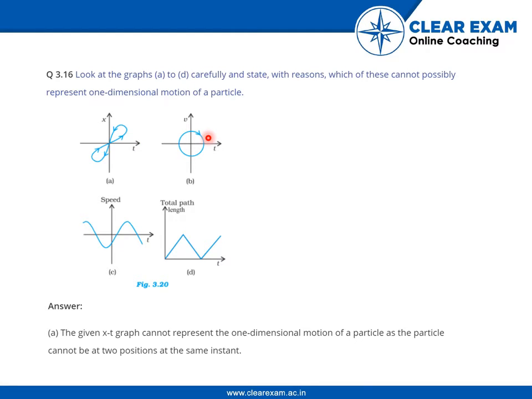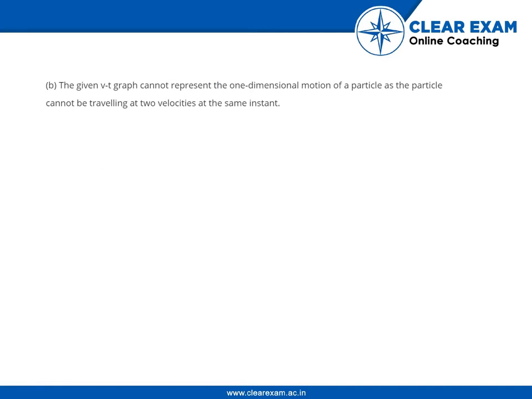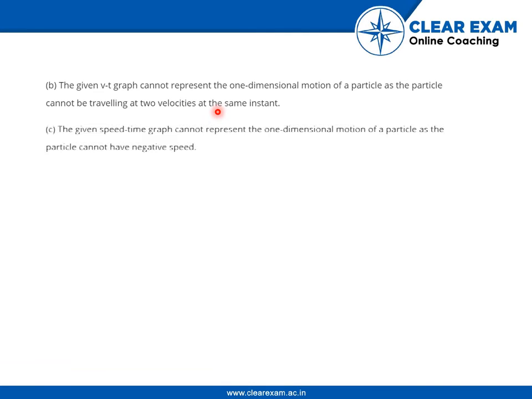Now look at the second instance. It's a graph of v versus t. So this cannot represent one-dimensional motion of a particle again, as the particle cannot be traveling at two velocities at the same instant. The third graph gives speed time